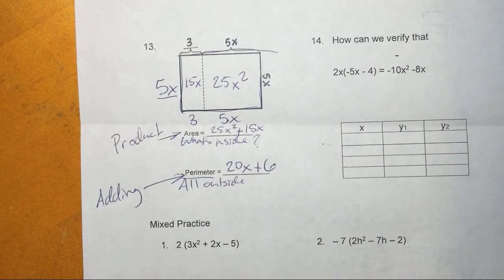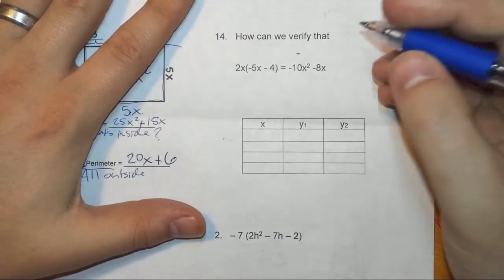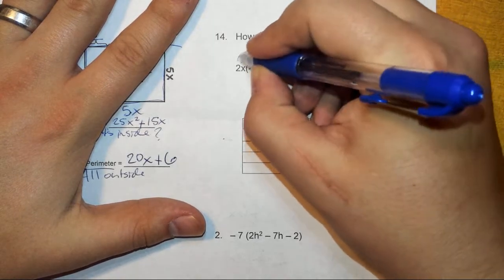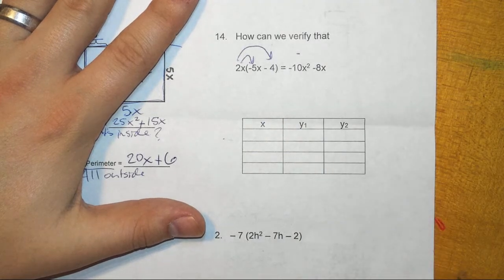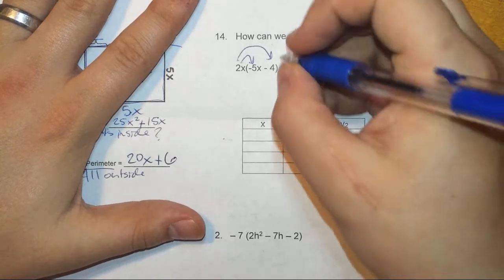Okay. Real quick on 14, I just want to point out something. If you want to check your answers, a great way to check your answers here on this unit is if you're trying some kind of product out. Let's say you're distributing this, you use the box, you use tiles somehow, and you got this answer. How can you verify it? Well, what's nice